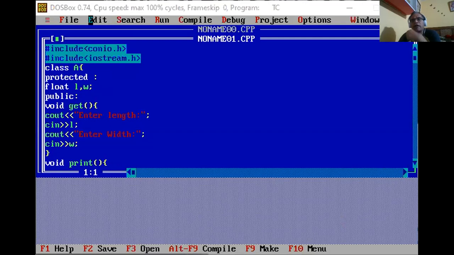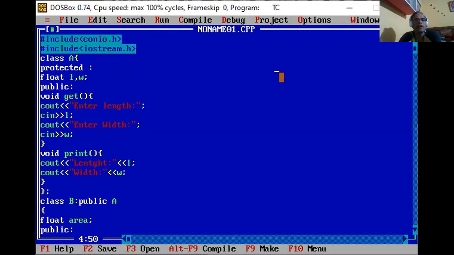Single inheritance, I told you, in which we calculate the area of a rectangle. Now we have to develop the program of multiple inheritance. So what can we do? We can do some other example, one more application. By using these applications, can we convert that single inheritance into multiple inheritance?